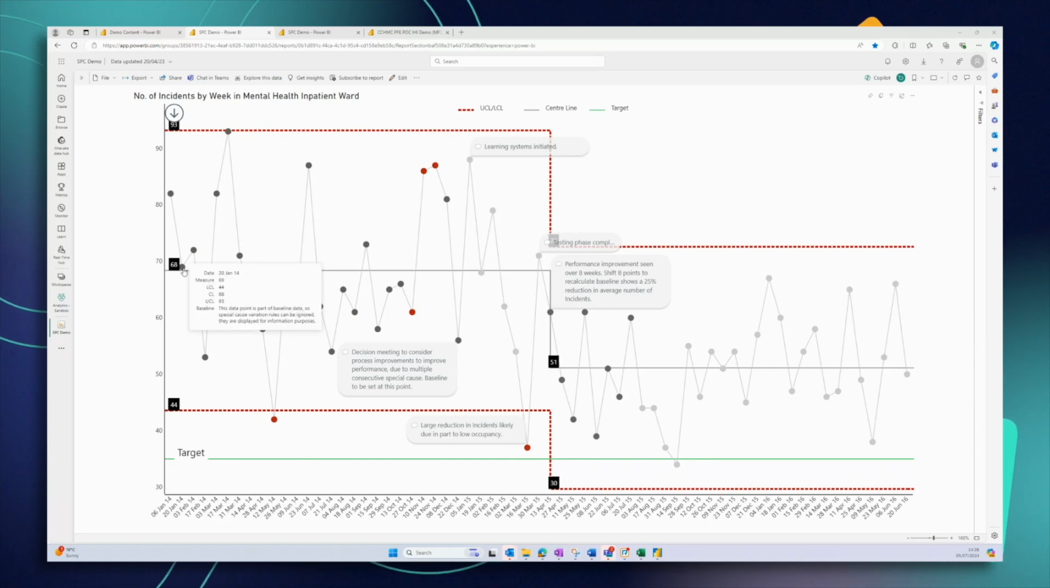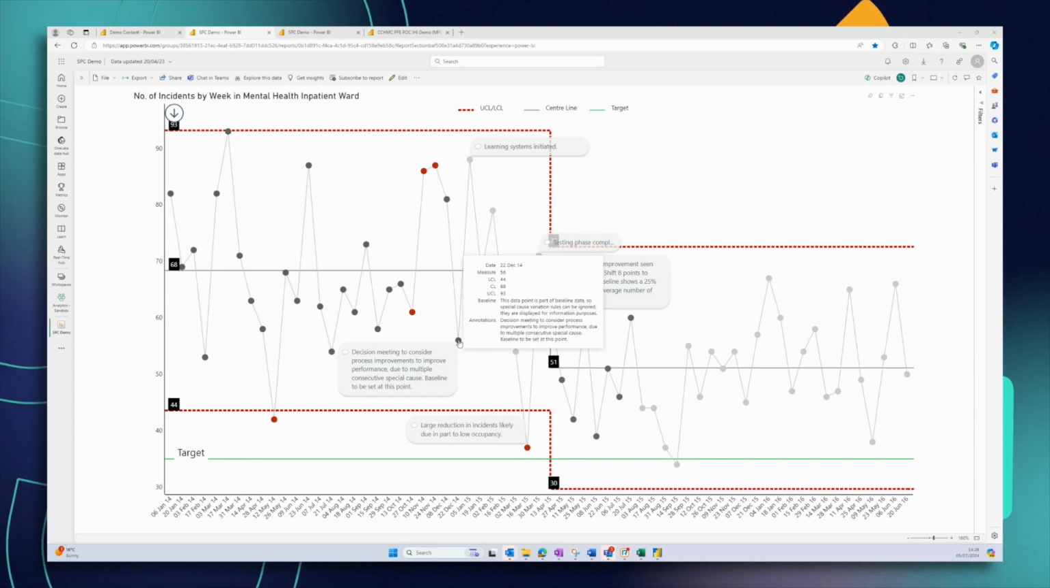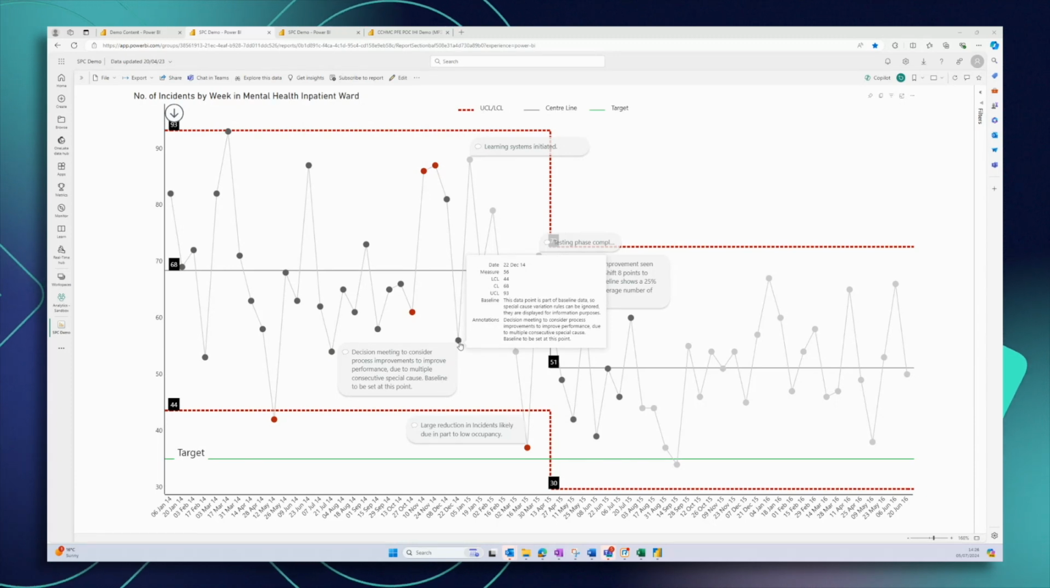We're almost double that target at 68 on average, and therefore a decision was made on the 22nd of December that there needed to be some improvements on the wards, to reduce the number of incidents happening each week and make the wards safer for both patients and staff. And therefore, on the 22nd of December, this particular mental health hospital decided to mark a baseline at this data